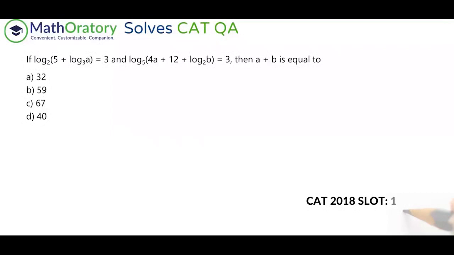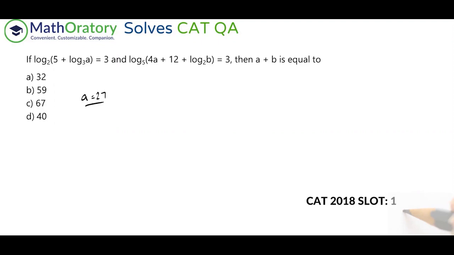Okay, this is a log problem, and if you know how to carefully do things mentally, I'll just show you one thing. When I looked at this problem in the actual paper, what I did was: you have 2 cube, that is 8, minus 5 is 3, and then 3 cube, that is 27. So A is 27. So this is known.